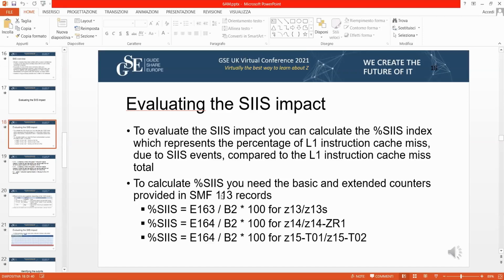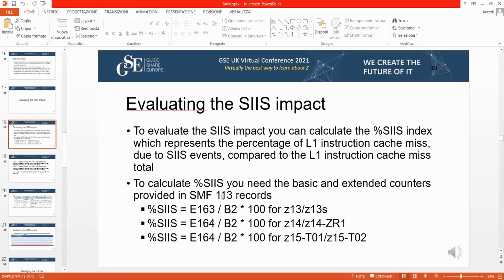But you may see in this formula that you have to use 3 different types of hardware, for a Z13 or a Z14 or a Z15. And you see that in the first of the 3 lines, you have to use different extended counters in order to calculate this kind of index. Anyway, make sure that you use the right extended counter in your situation.